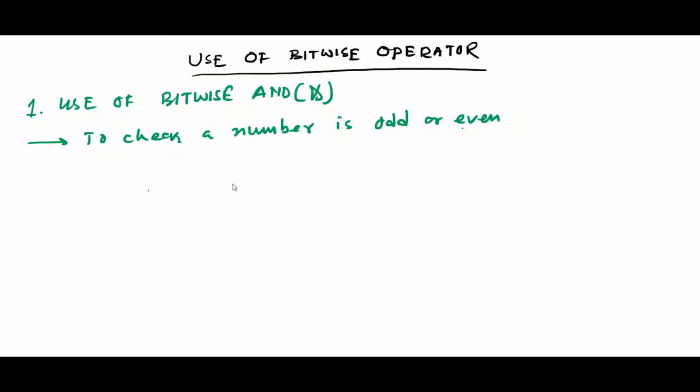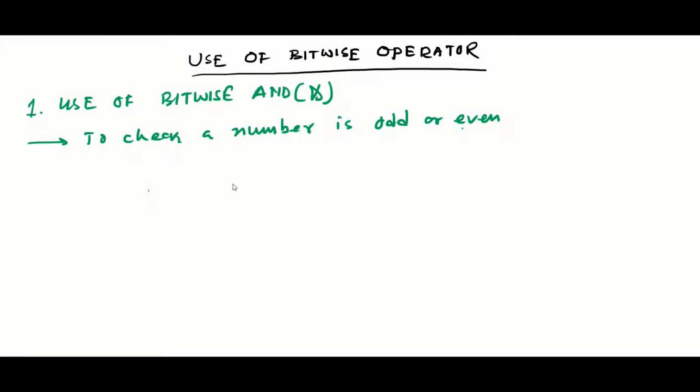Instead of using the modulus operator to check the remainder, where a remainder of 1 means an odd number and a remainder of 0 means an even number, that takes some more time for the compiler. So instead of the modulus operation, you can prefer the bitwise AND operator. Your code will be executed a little bit faster. When performance is the key, you can prefer this.